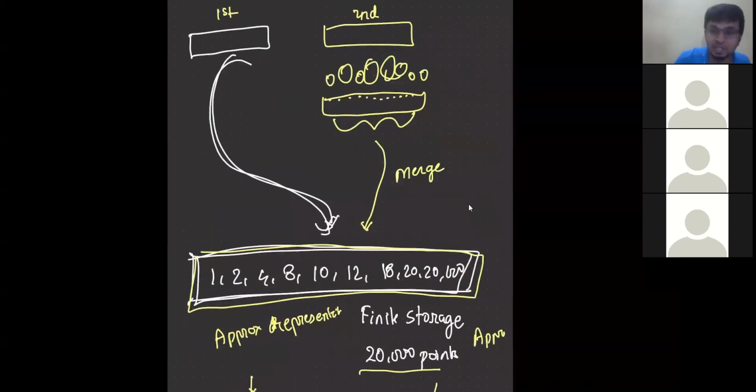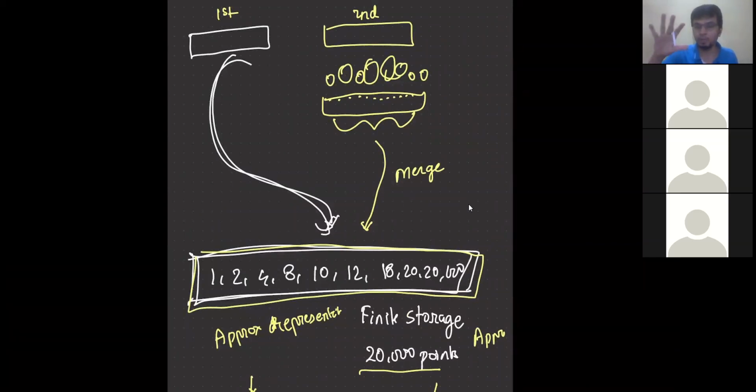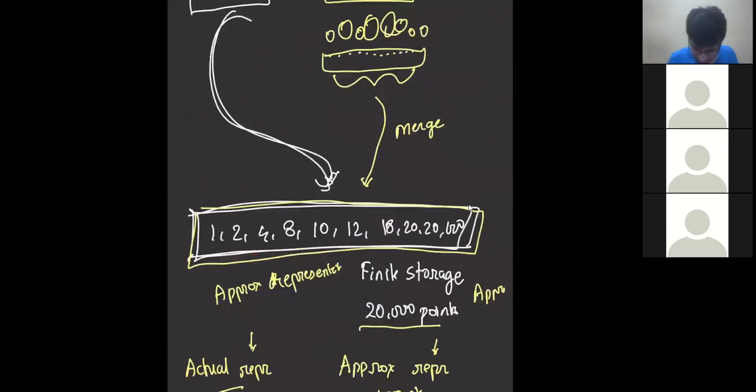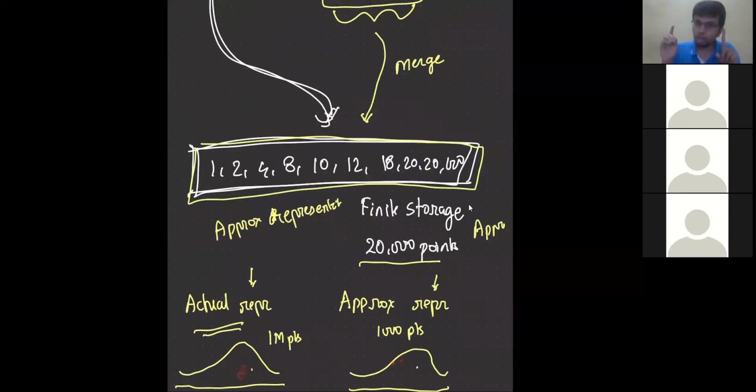So when the first batch came in, which had 1000 points, out of which 10 points got sampled using this clustering algorithm, it stored the centroids in this database. Since the approximate storage was empty the first time, it stored them as is. When my second batch came in, it applied the same algorithm, created the clusters, and got the centroids. Now, these centroids computed from the second batch need to be merged onto this finite storage such that these graphs still look the same. Clear?